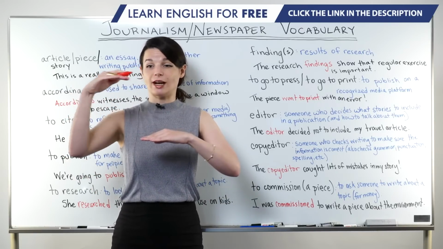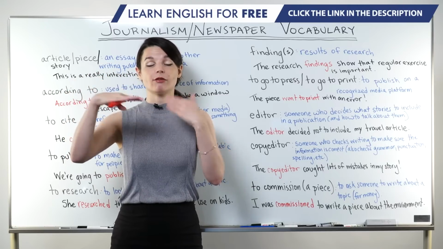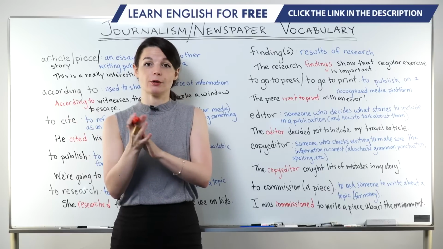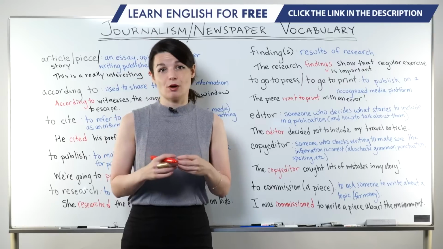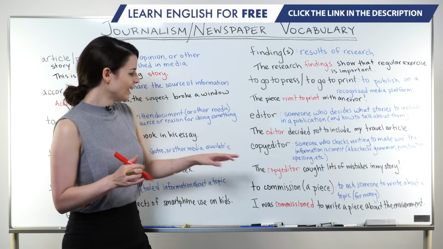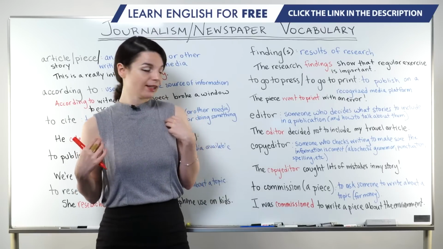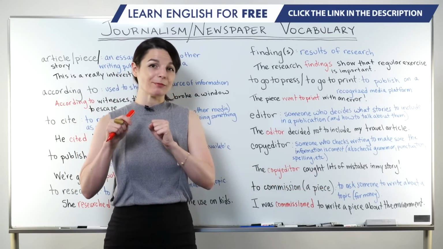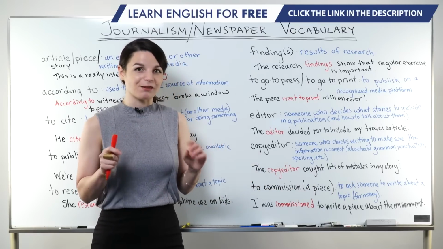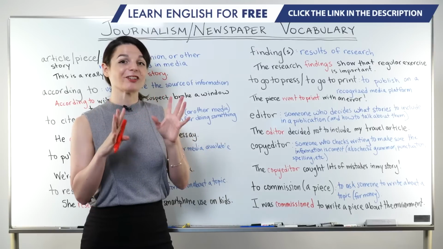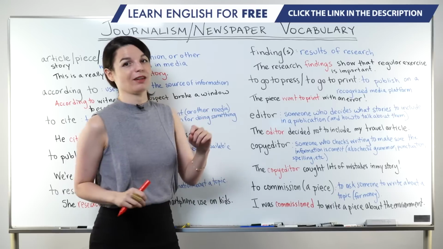They're looking for fact checks, or rather they're doing fact checks, or they're looking to see if the writing can be improved somehow to be more clear, and so on. So copy editors and editors are very important to the process. Okay, in an example, the copy editor caught lots of mistakes in my story. So to catch a mistake means to find a mistake. So it sounds like, in this case, the writer is happy because the copy editor found lots of issues, and otherwise the piece might have gone to print with an error.